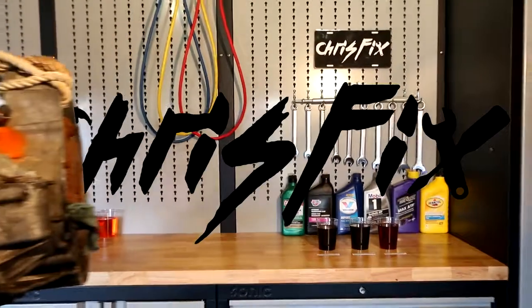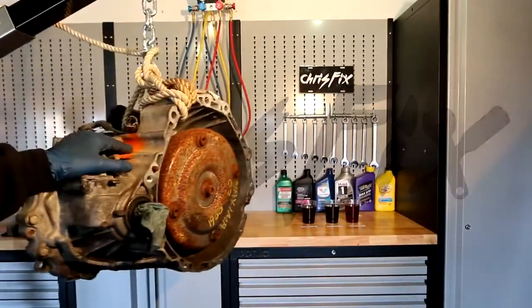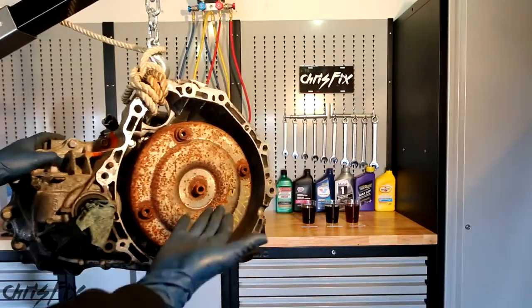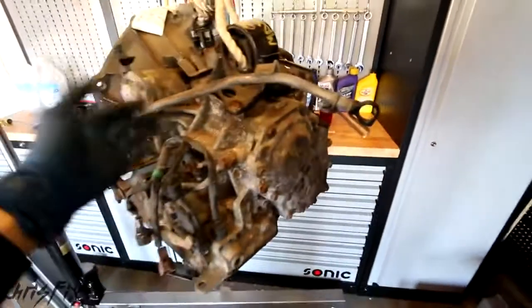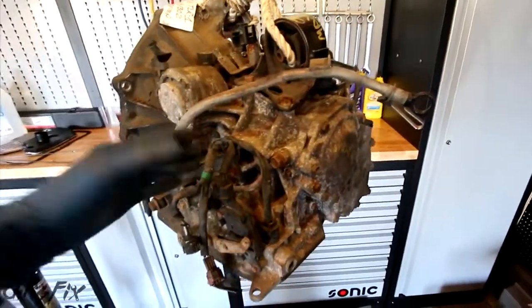Hey guys, Chris Fix here, and today I'm going to put an end to all the questions and myths surrounding automatic transmission fluid. Transmissions are pretty expensive, and getting a replacement transmission or even a rebuilt transmission could cost you